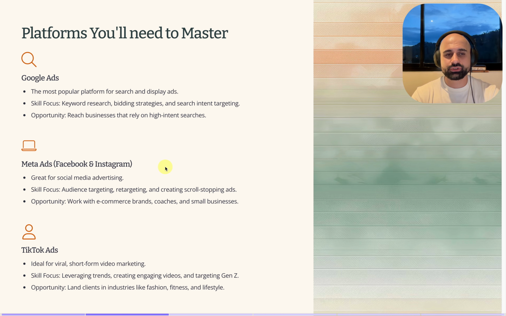Then let's go to the social platforms. Meta ads, also a huge, huge ecosystem, because Meta ads have, of course, Facebook in it, Instagram, WhatsApp as well nowadays, Messenger, partner networks as well. So a huge ecosystem, and it's great for social advertising. Here, you're focusing on audience targeting, and you're also nurturing people with retargeting ads,